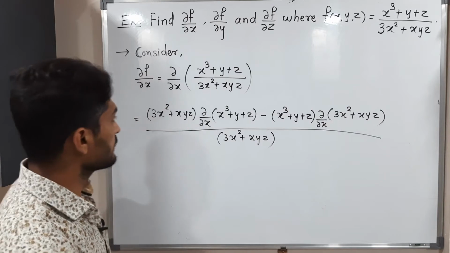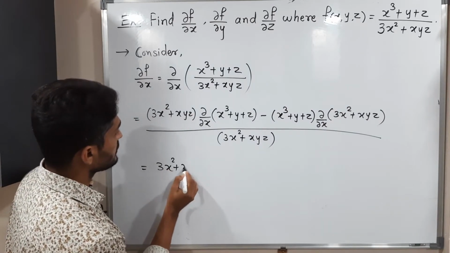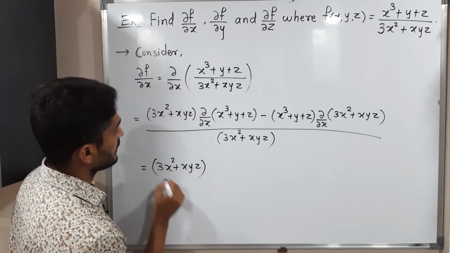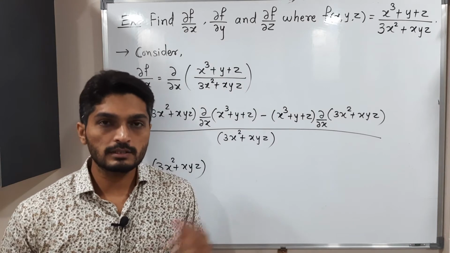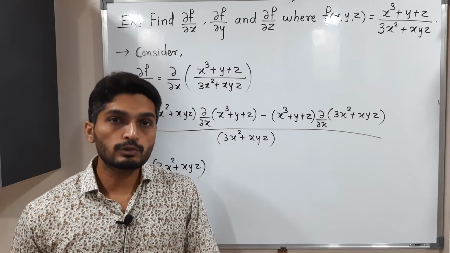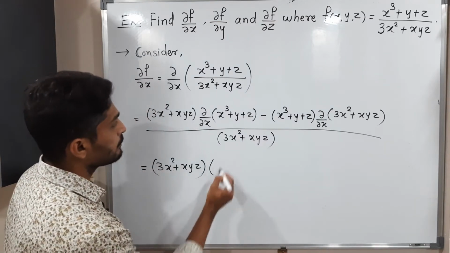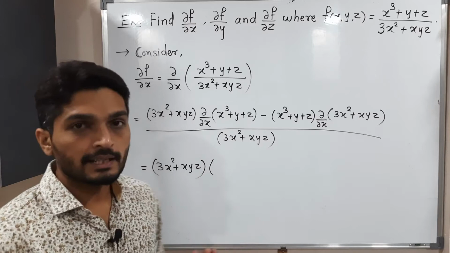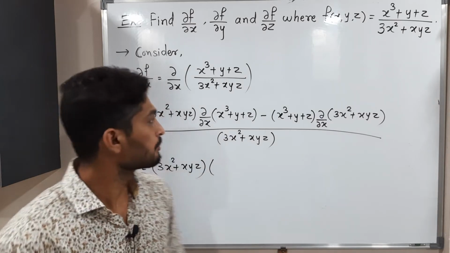Okay, so let us find derivatives now. So this is 3x² + xyz. Now I am going to find the derivative directly. Since the problems are becoming more and more complicated, we should also be able to find derivatives directly. When you find its derivative, you can easily say addition is there, that means we have to take separate derivatives, correct?